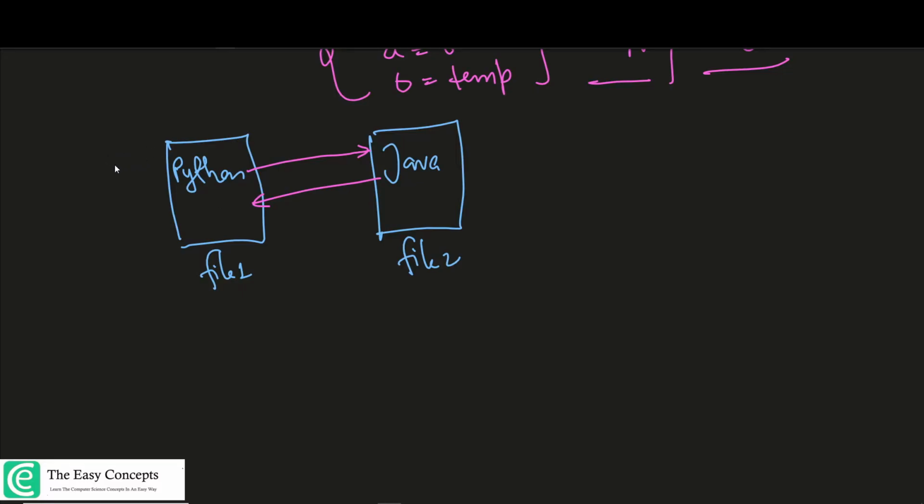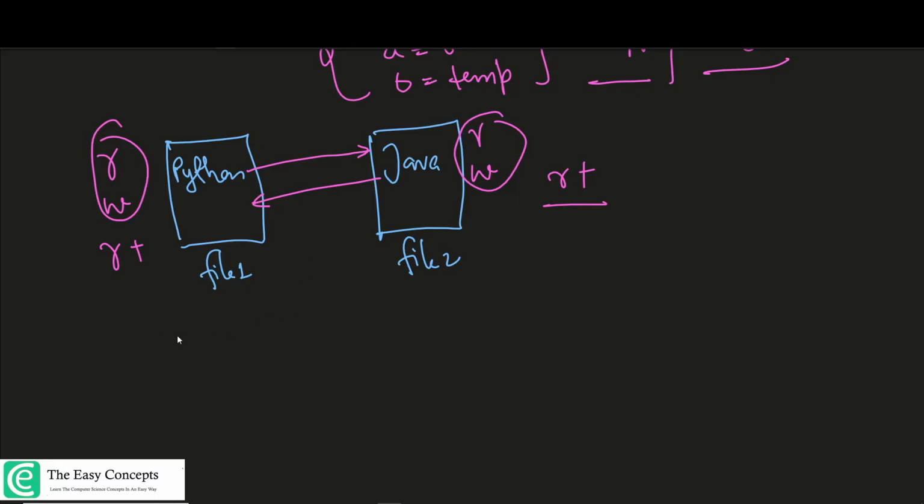So you have to read this file, so you need R mode. You have to again write this file, so you need W mode also. Similarly with this, so when we combine these modes we get R plus. So you can basically use R plus if you want to read and write a file.